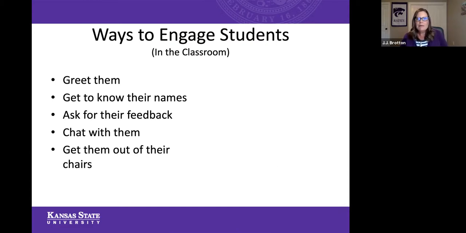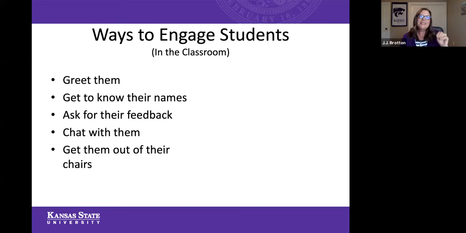I use a random group generator that somebody had given me at one point in time. And I post them as they walk in the room. You need to sit in your groups today, and here are your groups. Group 1 is these 6 people, and group 2 is these 6 people. And then I put little number tents around the room. So this is where group 1 is going to sit. This is where group 2 sits. What that does for me is cause them to interact with somebody they might not have ever interacted with. And yes, I realize it's a little mean to make them sit in groups that they might not know.